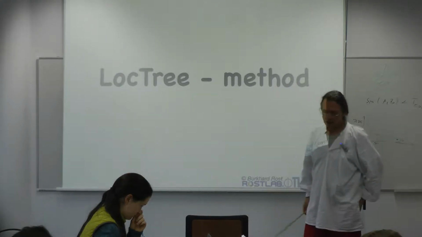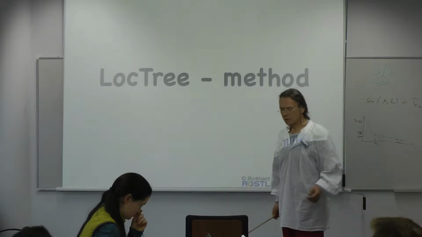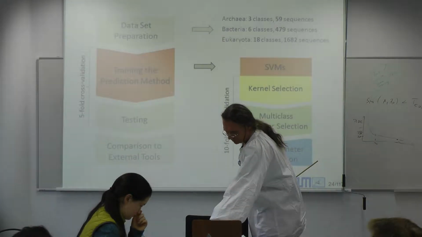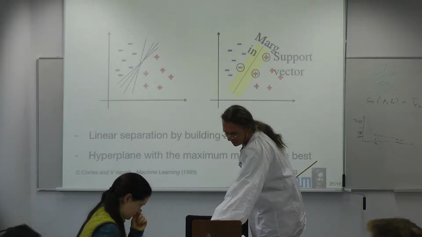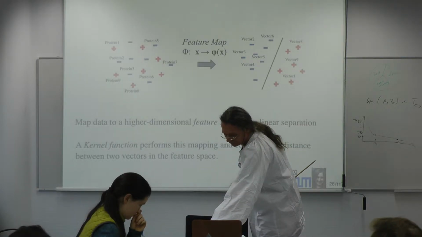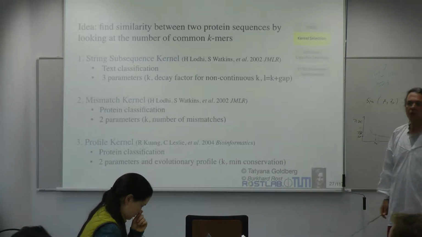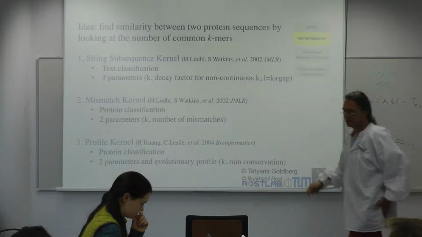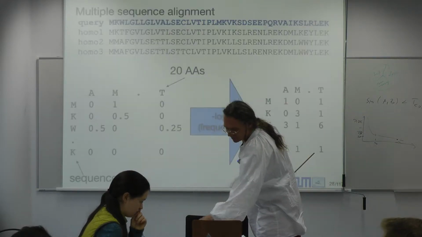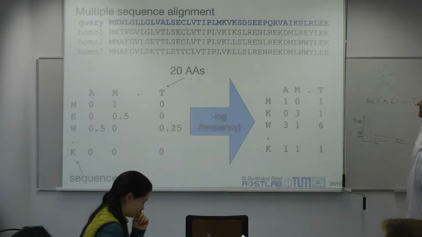What I said, why is the correct assessment of methods so difficult? Ultimately because we always over-optimize. That gets us to the method idea. The method idea, we will use an SVM underneath. And now what we are going to use are kernels. And let's just cut to the chase and describe the kernel, the profile kernel, the one that we